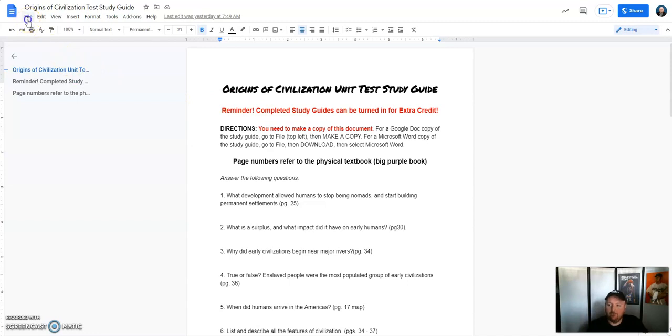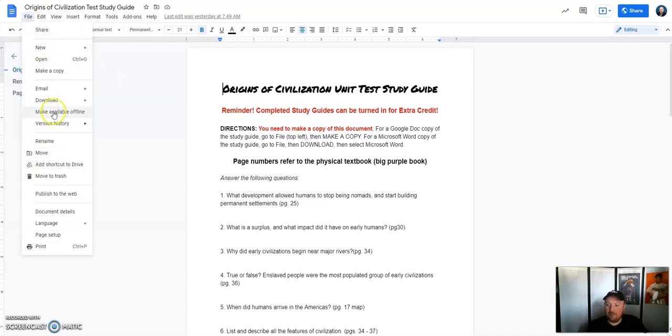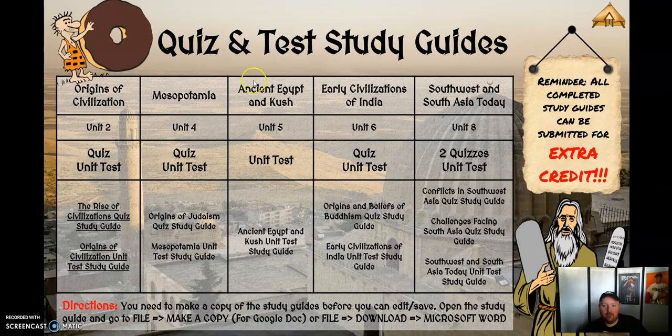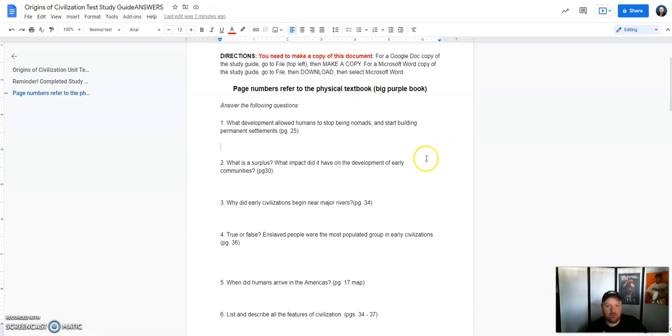If you prefer Microsoft Word, you're going to go to File, Download, Microsoft Word. So again, File, Download, Microsoft Word. That'll download the study guide as a Word document that'll save to your hard drive on your computer. You can open it, edit it, and save it just like you would any Microsoft Word document. So there you go. The unit test is 20 questions, and it's going to